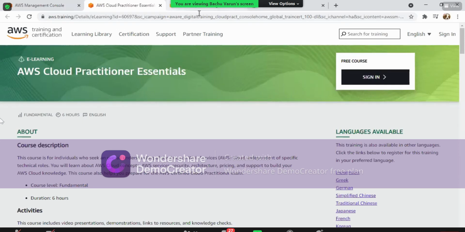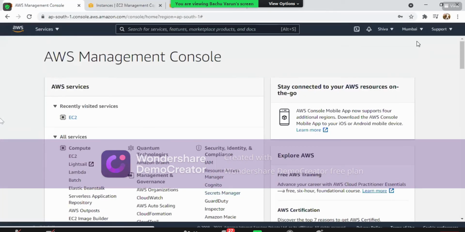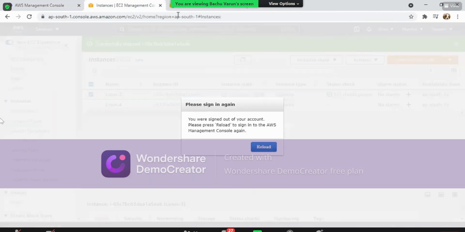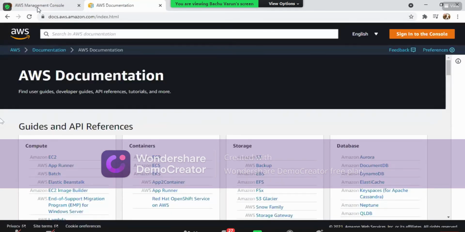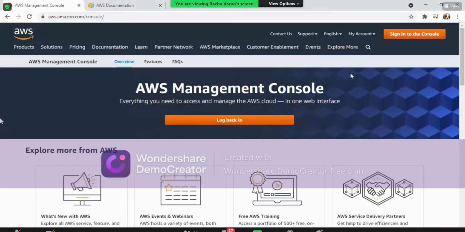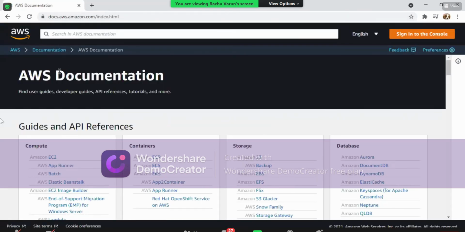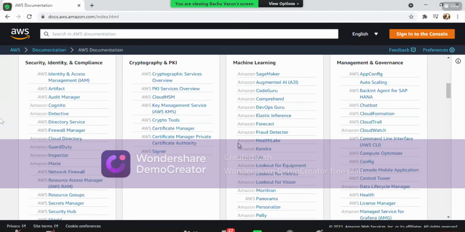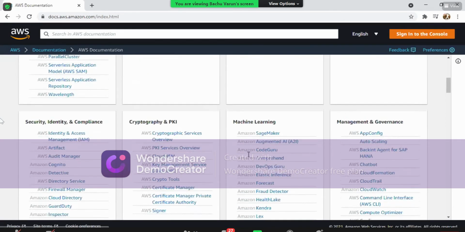You can try it there, but it is not recommended now. It will be recommended after completing your course, because it will be a practice session or something for reference for you. Okay, so this is about the AWS console. I'm just signing out of this console and I'm back to the login page. This page will be opened even without logging in to the console. Everything is available here, no need to worry.